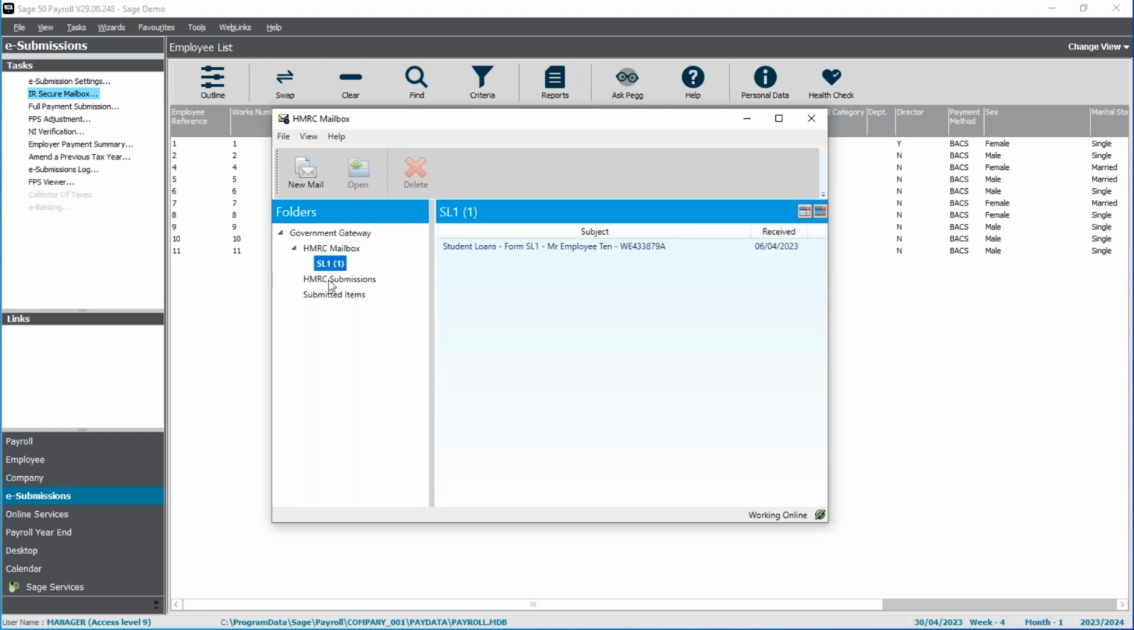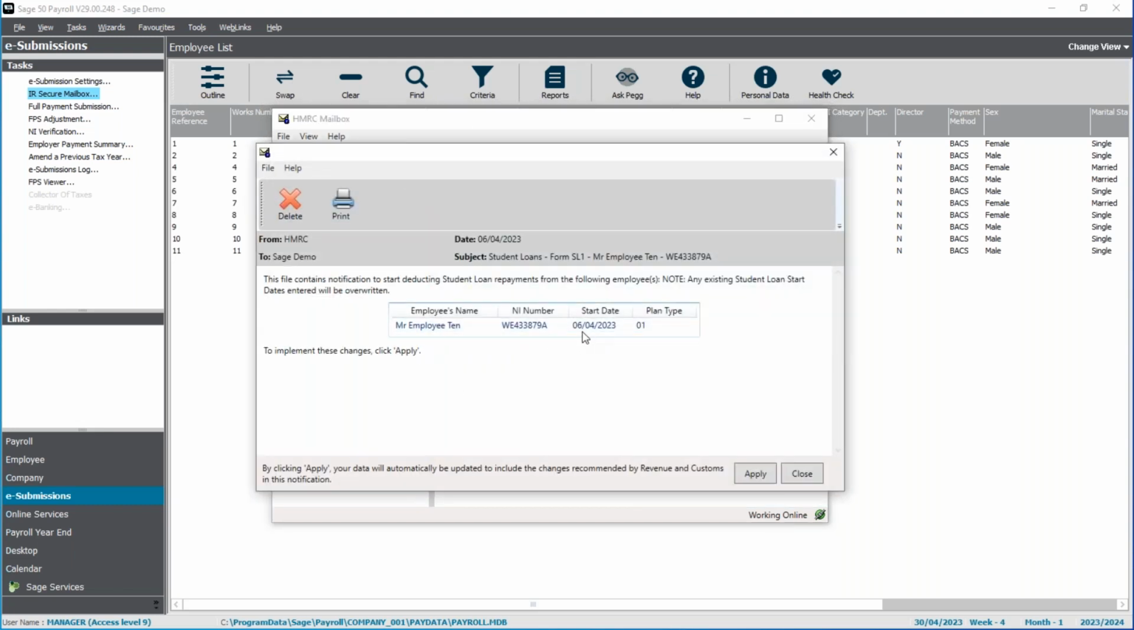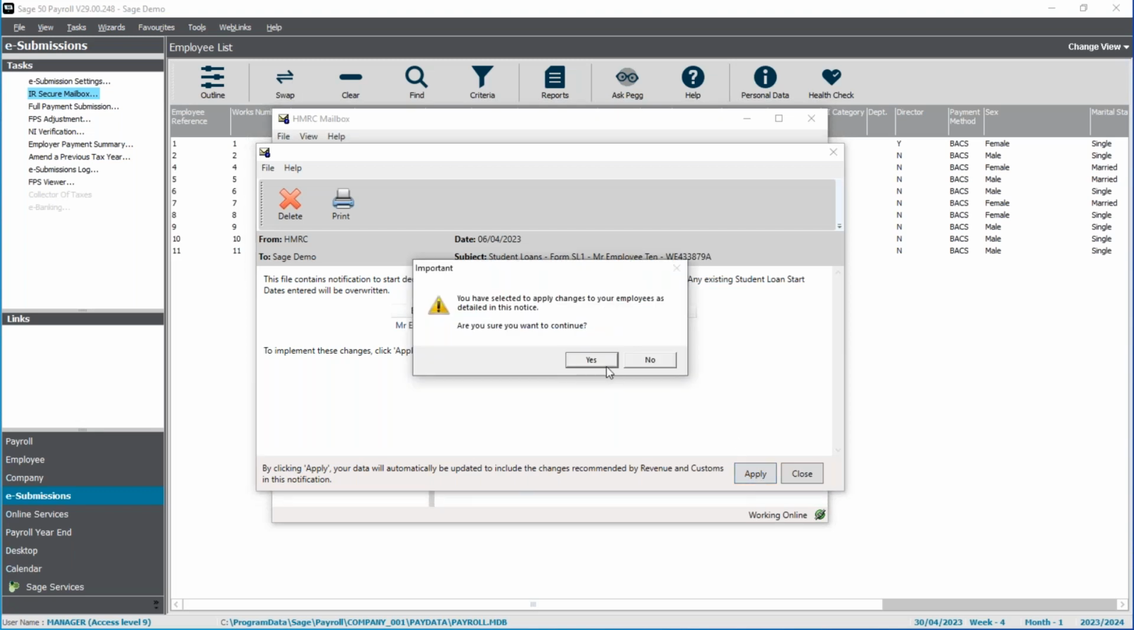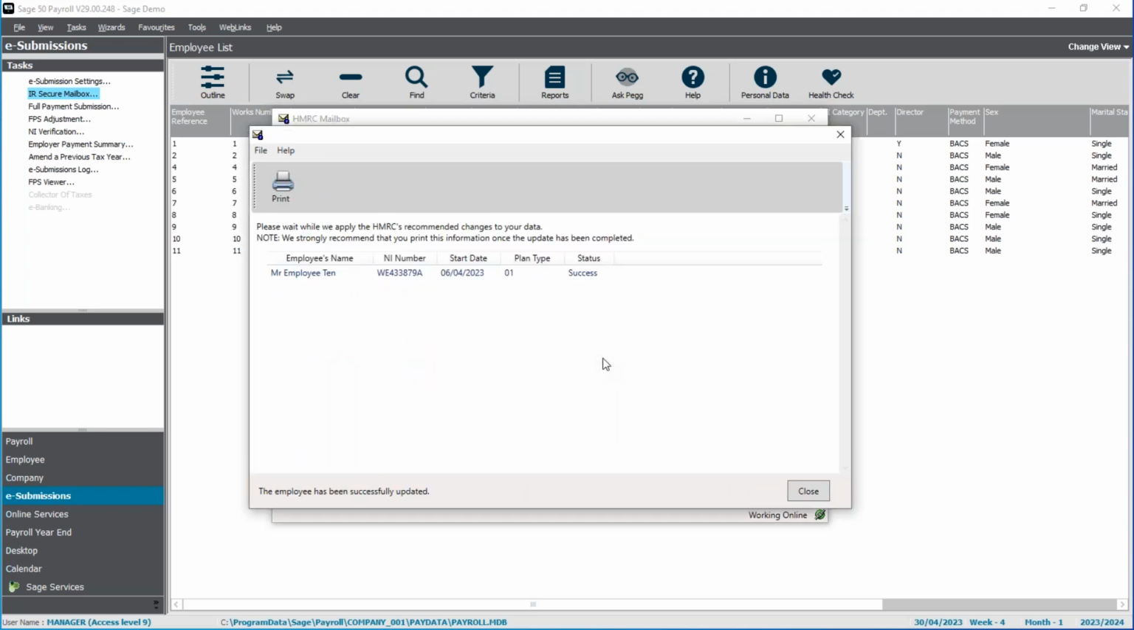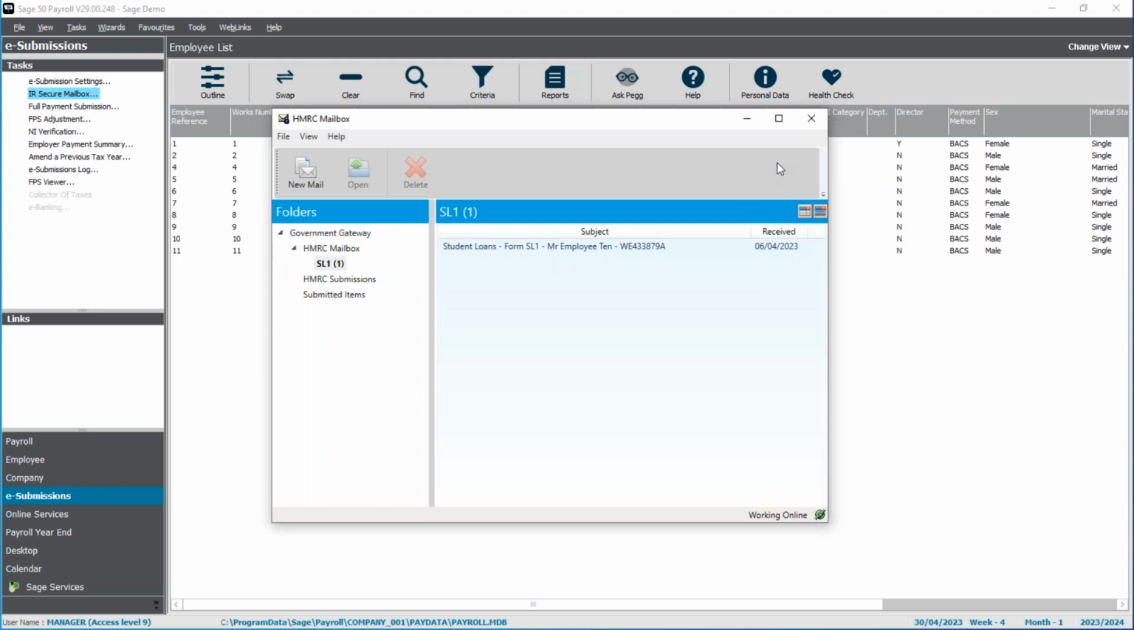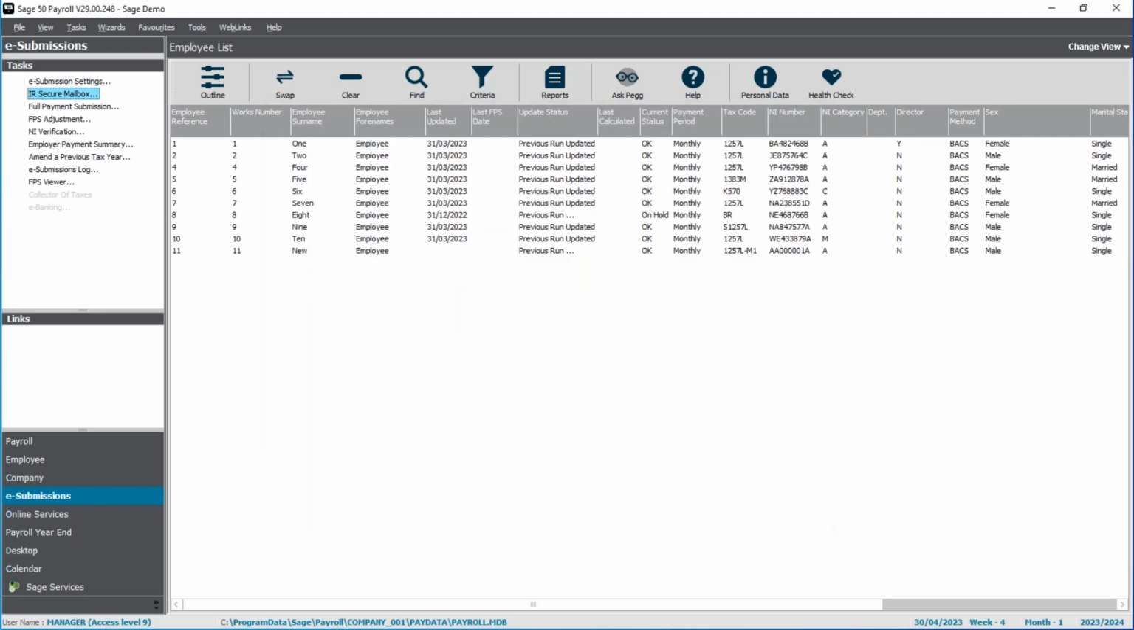And we'll just have a look at this student loan notice. So this was for employee 10. Again, we can see the details on screen. We've got the start date and also the plan type. And then these changes can also be directly applied to the employee. So we'll go ahead and do that. We'll click yes. You can see that that one also shows status success. So if I just close out of that for now,